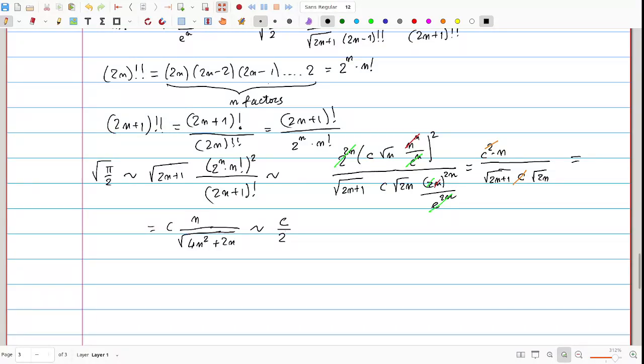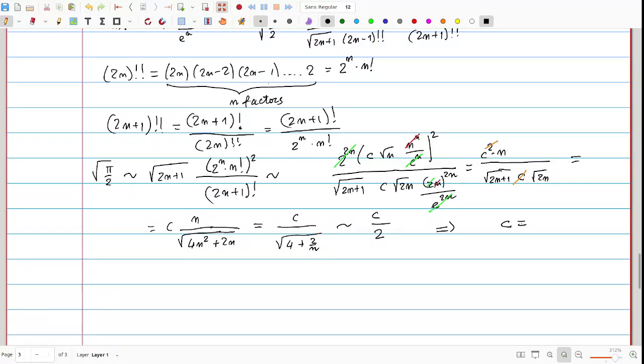Okay, because here you divide by n squared, so you have 4 plus 2 over n, and this is C over the square root of 4, which is C divided by 2. So we find that